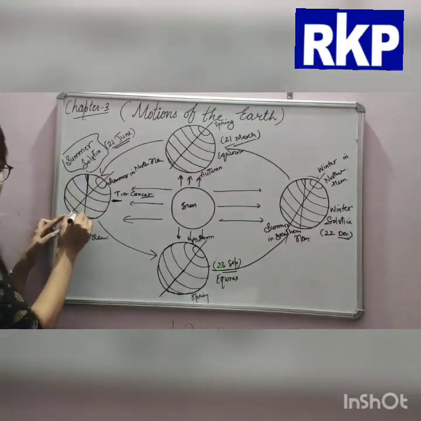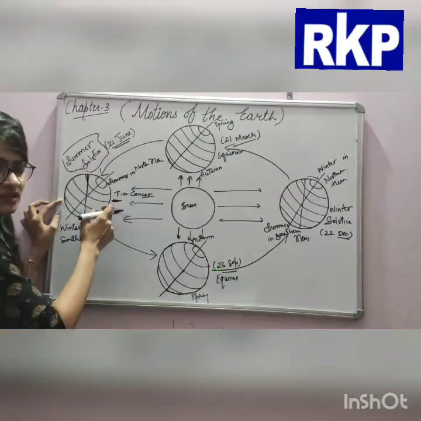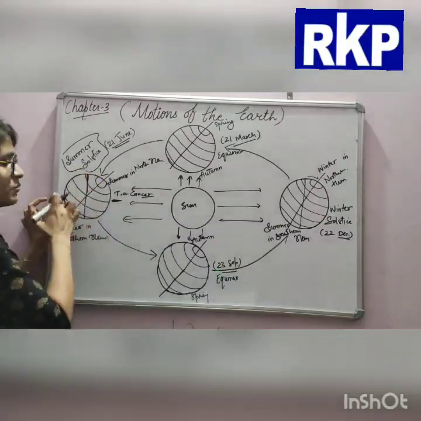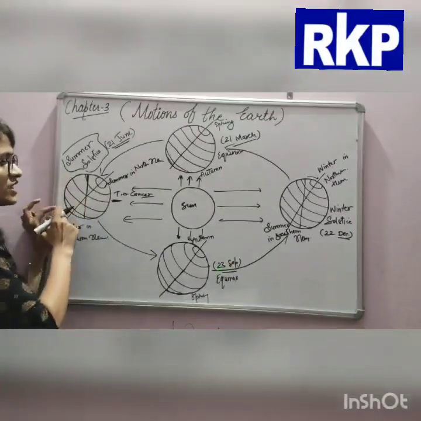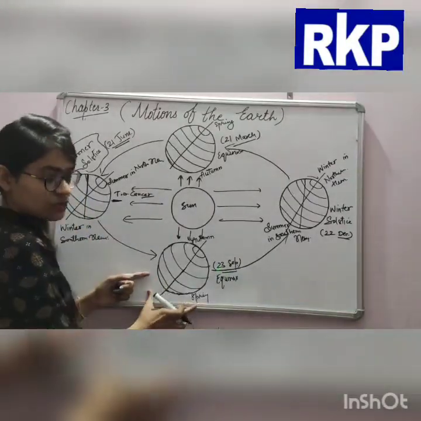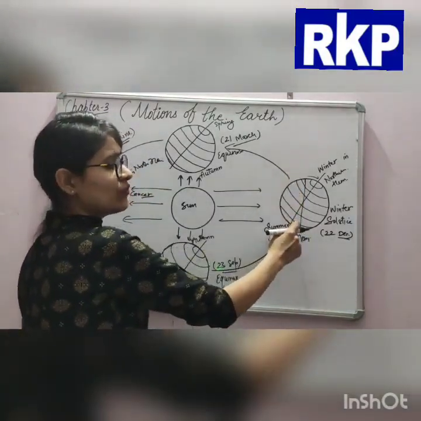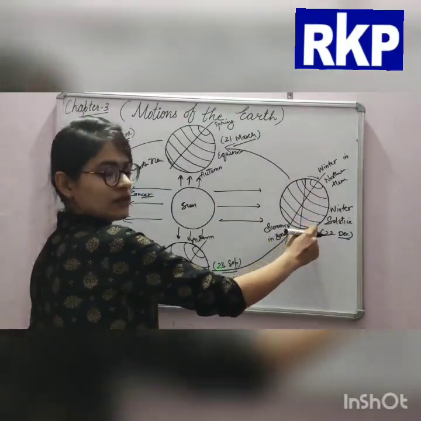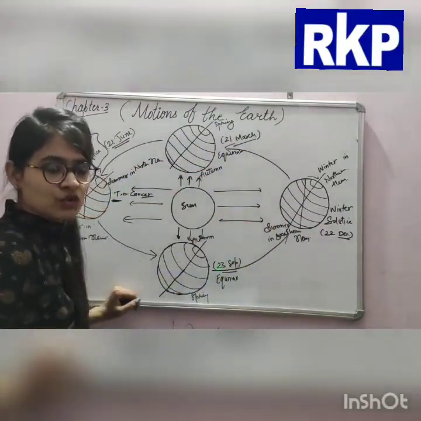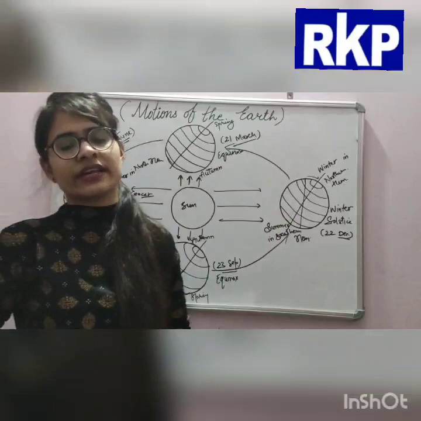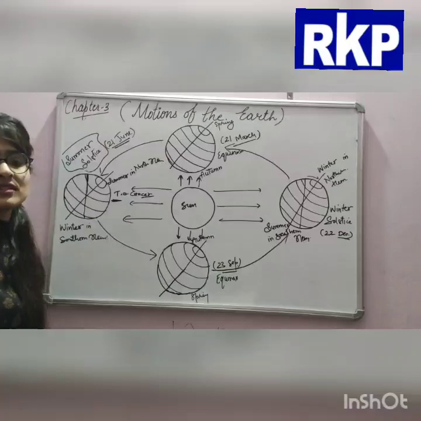The Arctic circle is here, but it is not experiencing summer here. It is on the back side of the part which is not receiving the heat of the sun. That's why it is experiencing winter, and here also it is experiencing winter. Then here it comes in contact with the sun, so this part will receive heat and there will be summer here. So the poles receive the most slanted rays and less heat. That's why they experience